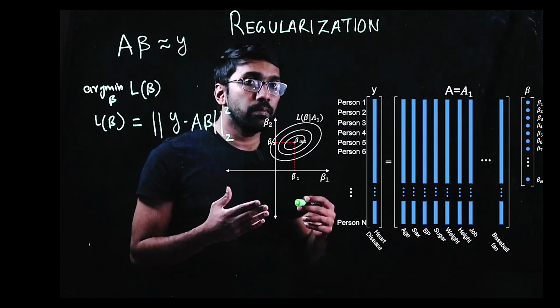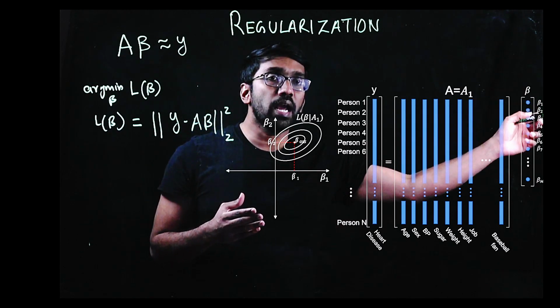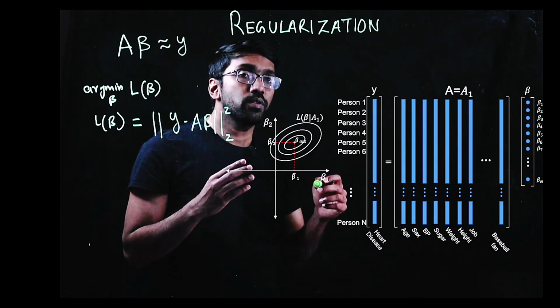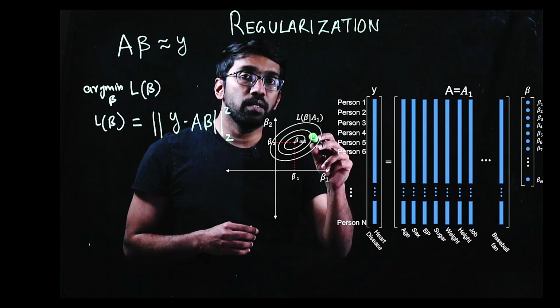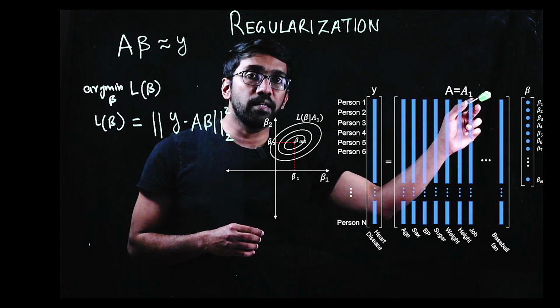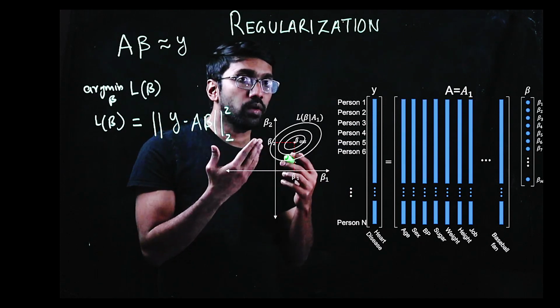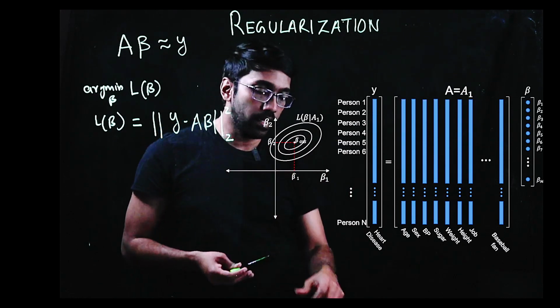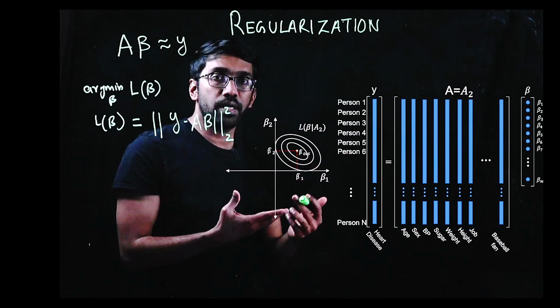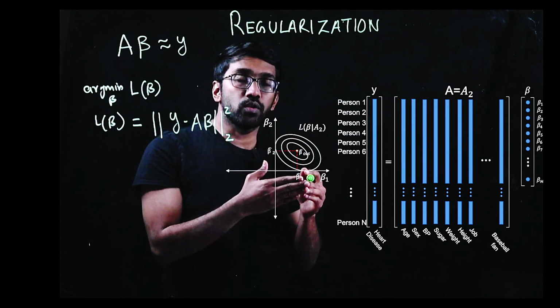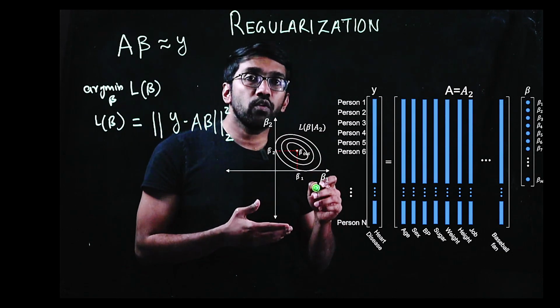Here, just for the sake of simplicity, let us consider beta 1 and beta 2. The loss function associated with beta 1 and beta 2 can be represented by this for this particular training set. Now, when the training set changes, the loss function also changes. So as a result, let us see what happens when we have a different training set. So we have a different loss function, and now we have a different set of beta 1 and beta